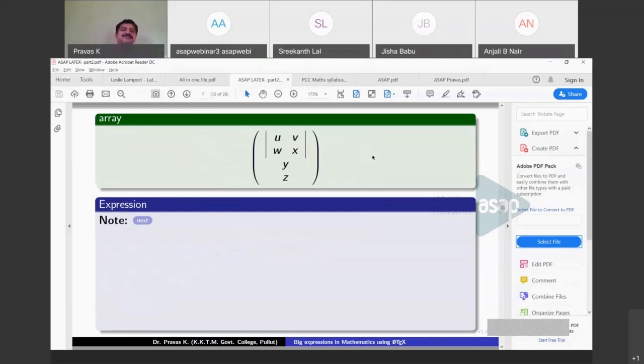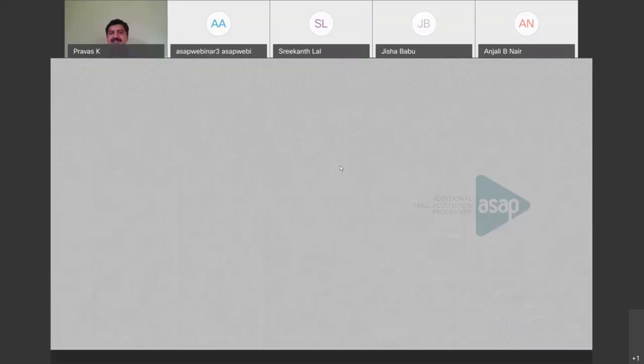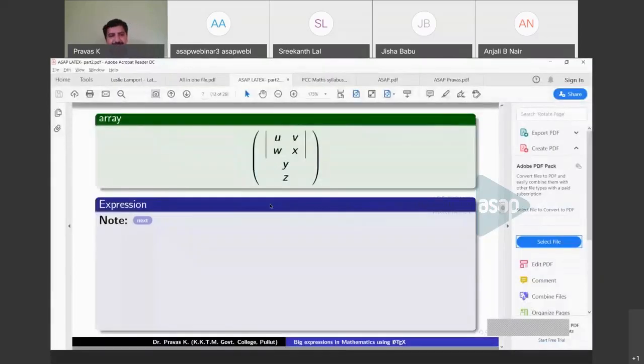Yes, how to put this? Now you can see that this is an array or matrix with the slash left ordinary bracket, slash right ordinary bracket here, and an array containing 3 rows in one column. The first element is this determinant, and this is the second row, and this is the third row. Now I can type that in a single line. So let us assume that this is just X for a moment. So I will type